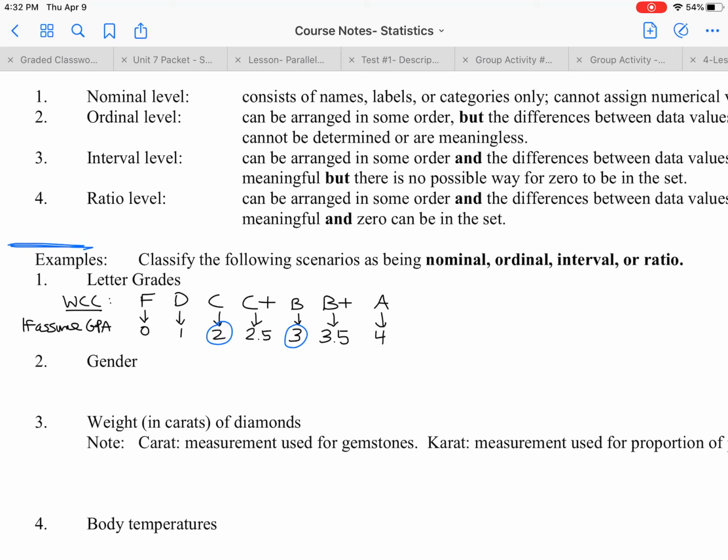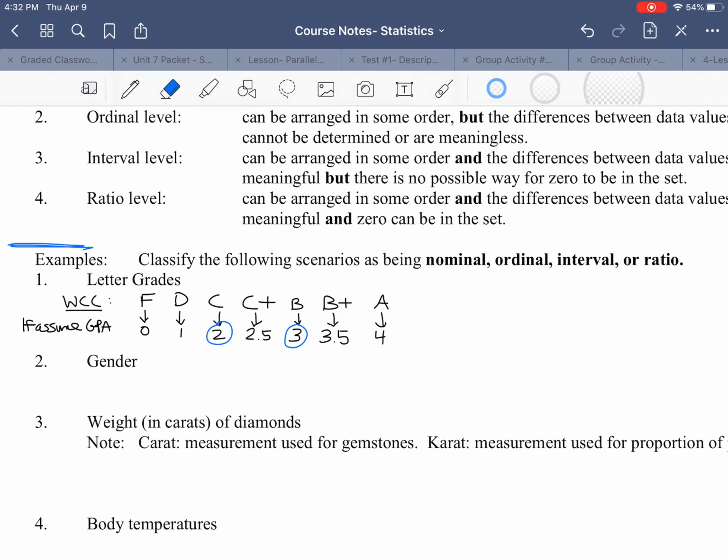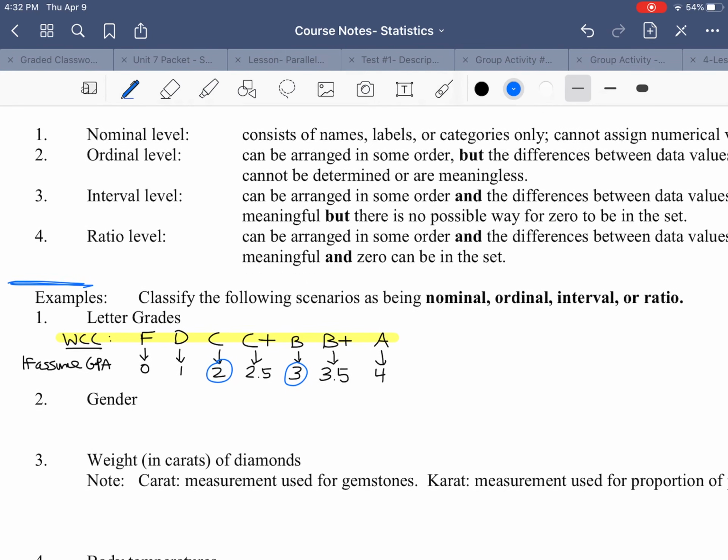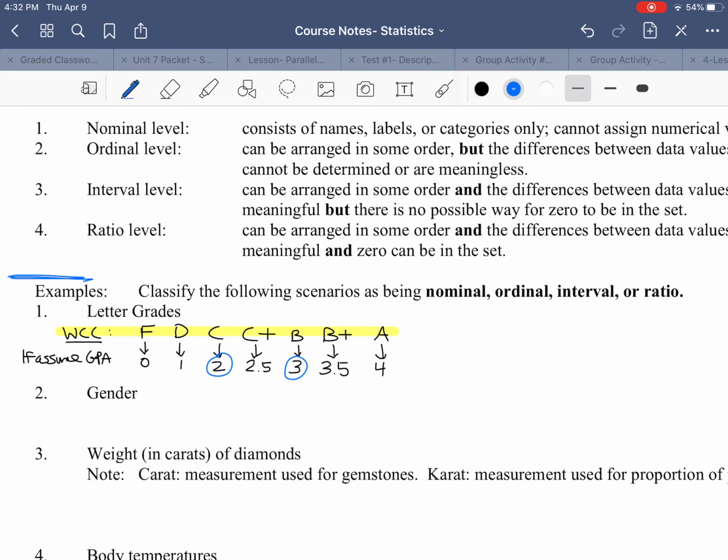In the case of letter grades, if we're just assuming this information, the only place that we're going to be living would be in the realm of ordinal. All right. Even if we assume GPA associated with it, I don't think we'll ever get past the ordinal level, because, for example,